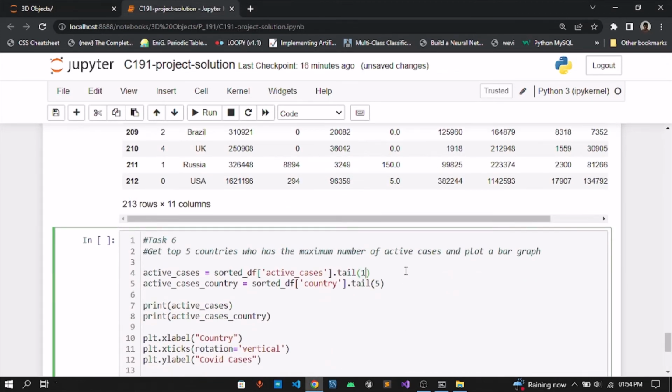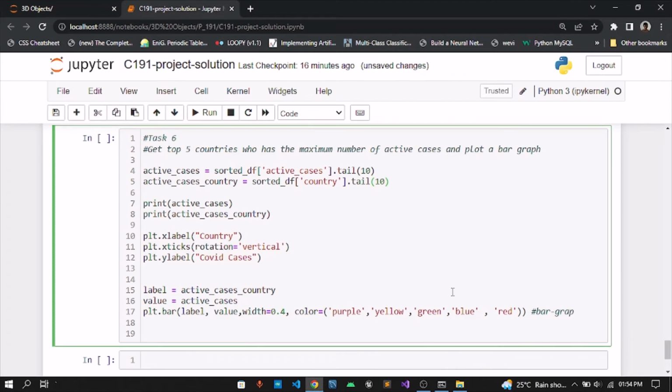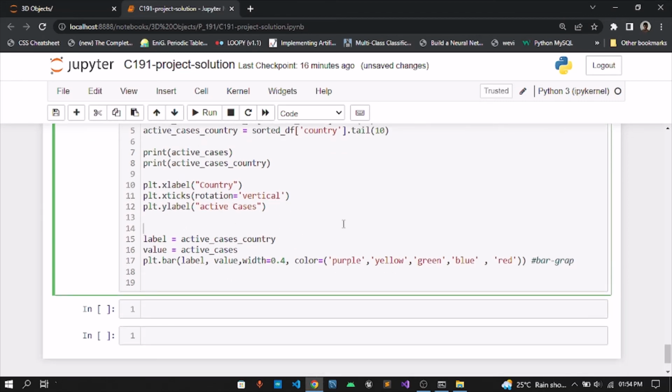change this to 10, then we'll get 10 values. So we don't want any error. To avoid errors, we'll make that also 10, because we need 10 values and 10 labels. Like in bar graphs, we can't have data for 5 things but try to plot 10 things. We can't do that, so we are taking both as 10 and then printing the values, and we are setting the x label. Here we have not COVID cases, we'll change it to active cases, and then we are setting the labels, and we are setting the colors, and we are plotting the